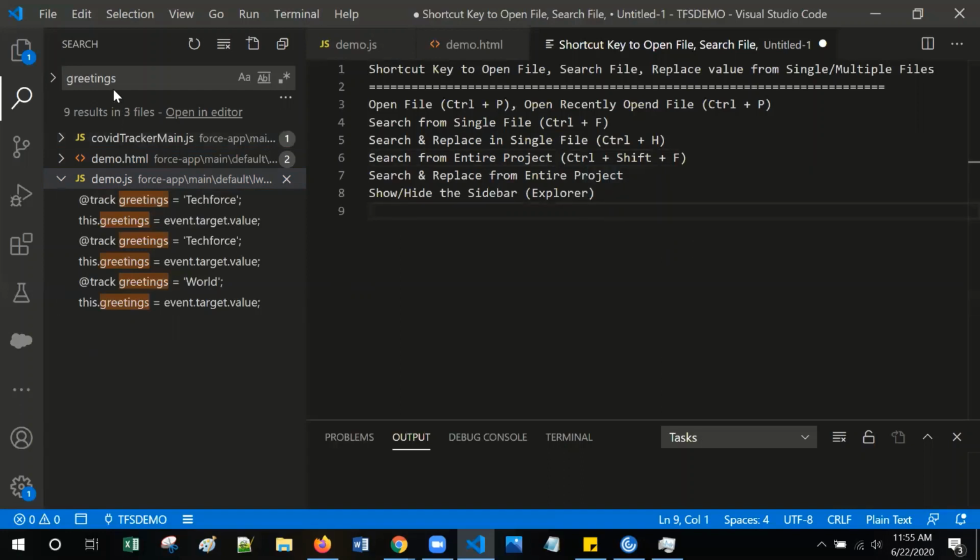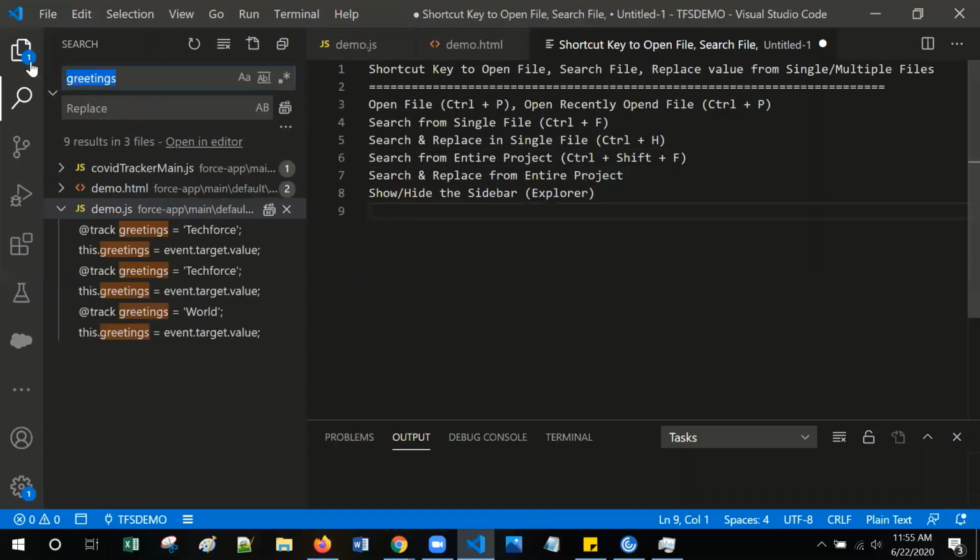Now, if you want to replace across the entire project directory, simply press Ctrl+Shift+H on your keyboard. Then type what you want to replace it with. Let me try to replace greetings with greeting.